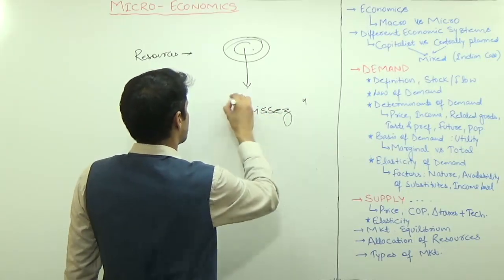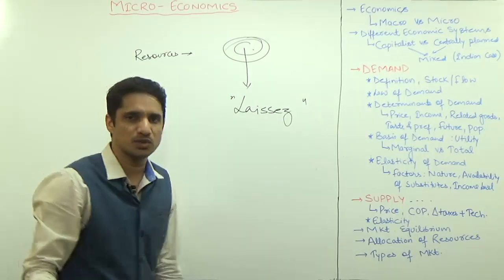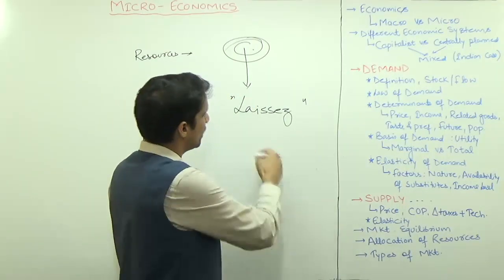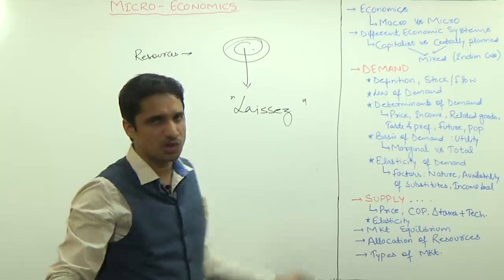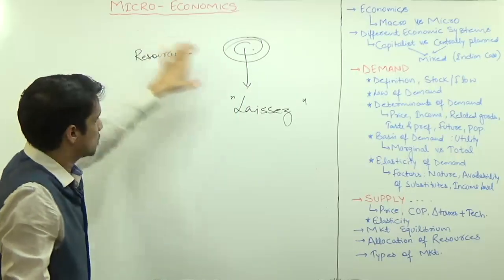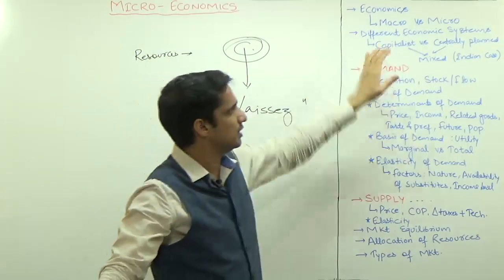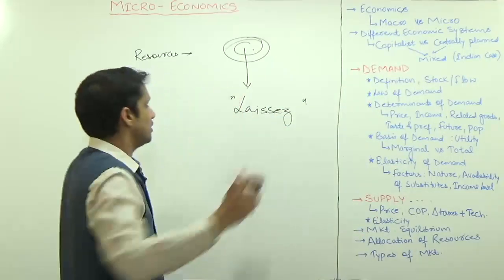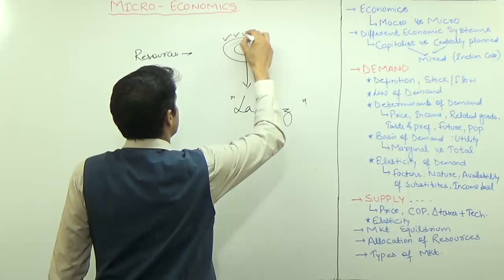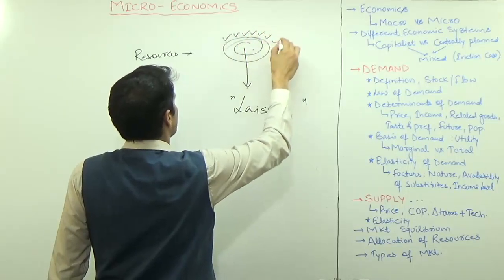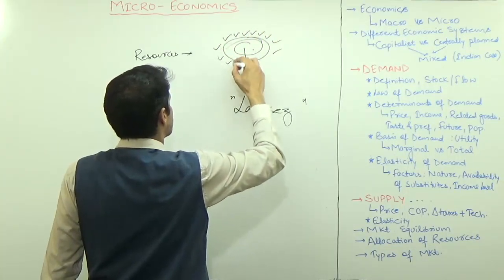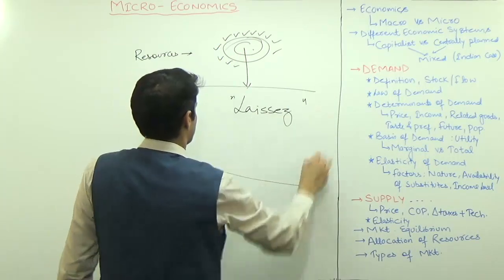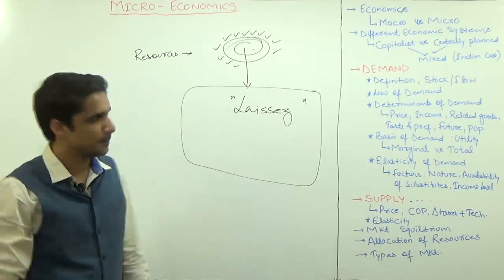The private sector should be allowed to do whatever they want to do. Then only there will be equitable and efficient distribution of these limited resources. So this was the concept which is being followed by the capitalist economy. Under centrally planned economy, what they are saying is, because the government is having more research and all these things, they can frame the policy which is good for the whole of the economy.